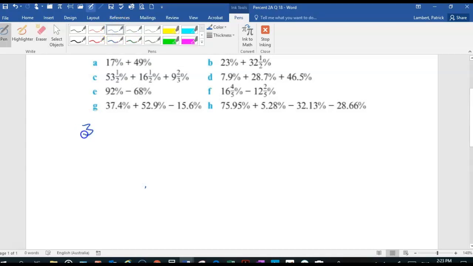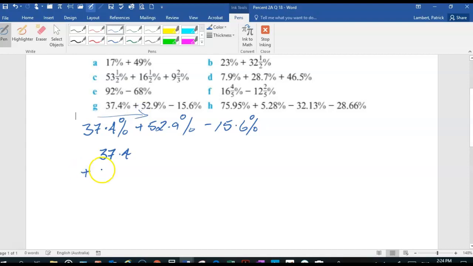And we'll lay it out as a normal sum. So we'll write it 37.4% plus 52.9% minus 15.6%. This is how you do it in your book. Getting used to this stylus and writing on the screen. Okay, then as a normal sum, 37.4. Go from the left, because there's no BODMAS here, we just go from left to right. 37.4 plus